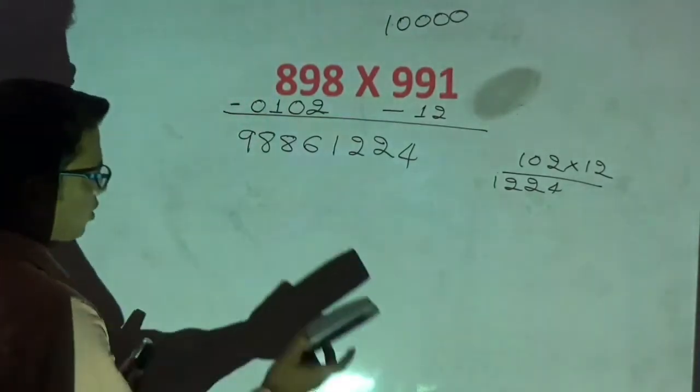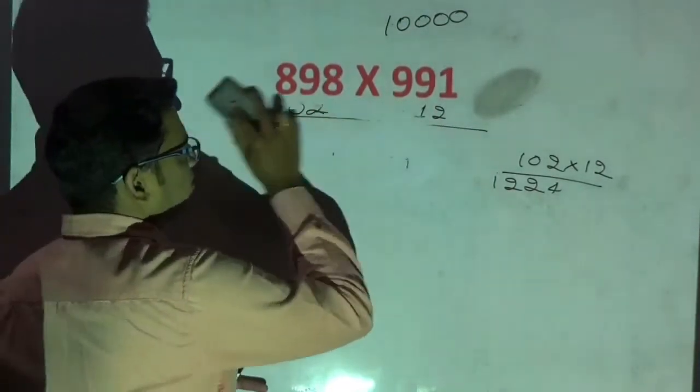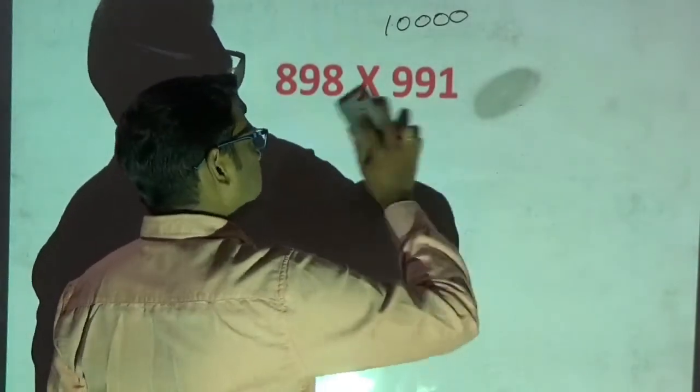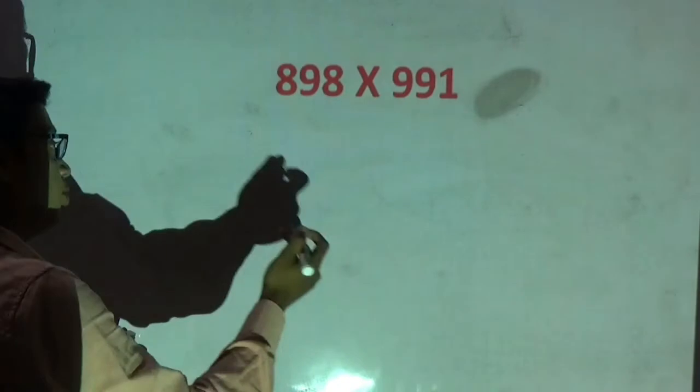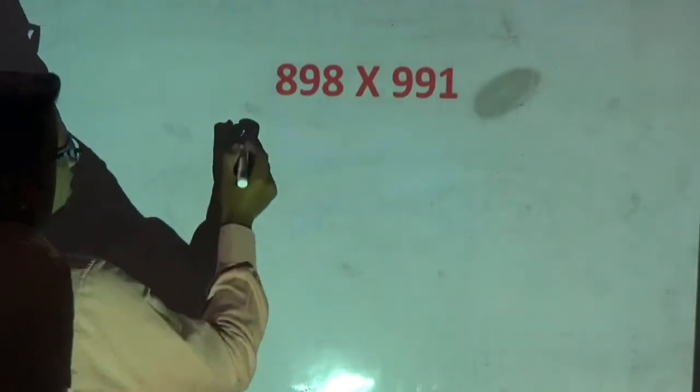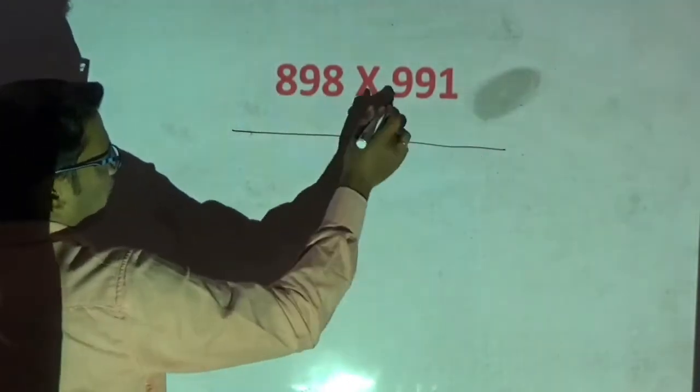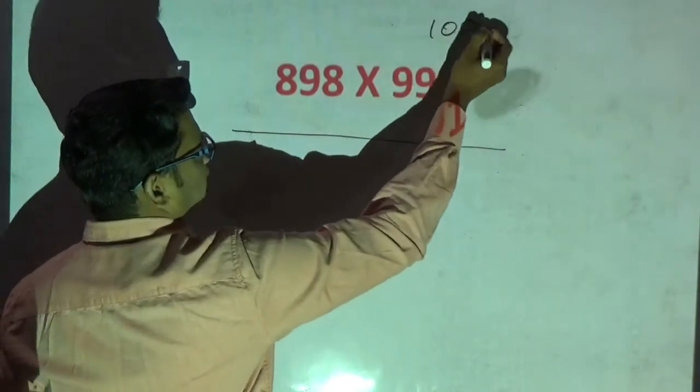Okay, then I will take one more example. See, all the examples in this part I am explaining which are below base only. In my next sessions I am going to explain above base. Okay, so I will explain so many techniques. No need to worry. Now I am going to take the base as 1,000.